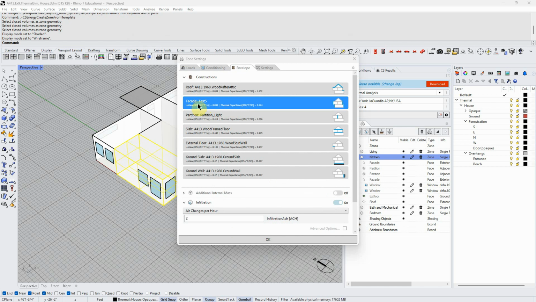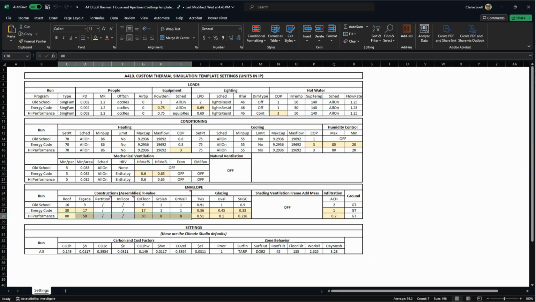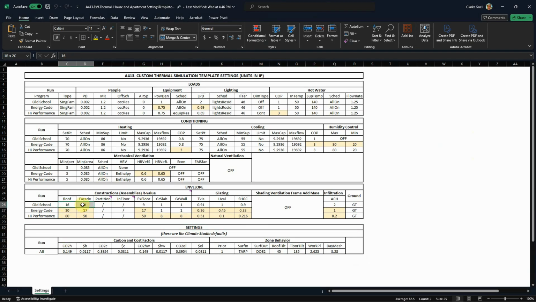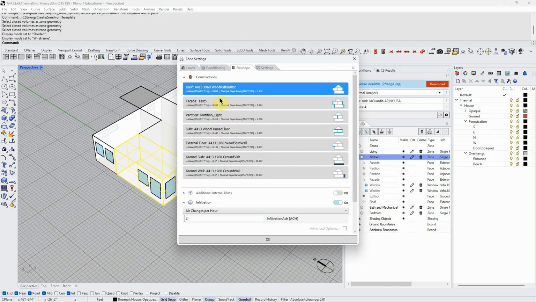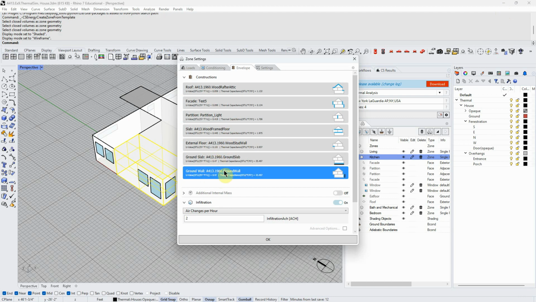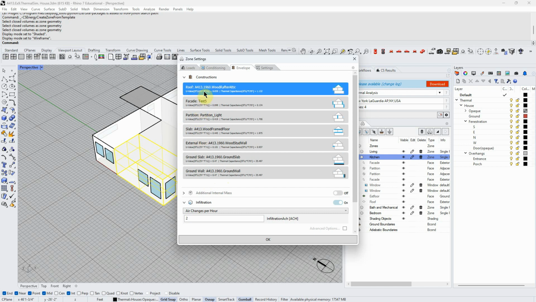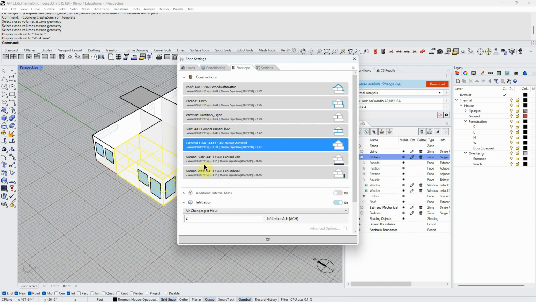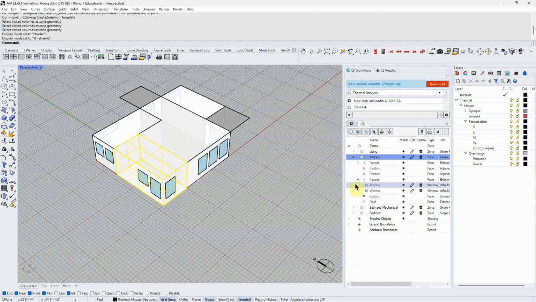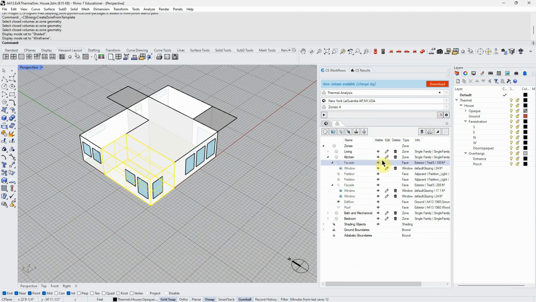So done. Now, if I wanted to do all the R values that are listed here in the old school, I'd go back and do a roof of 16, external floor, in other words, if you have a cantilever, of R9, ground slab of R1. You just follow those and fill in. You're not going to use all of these necessarily; this is just all the categories that they're allowing. You just pick the ones that you need for your envelope, and they'll be the same ones that are listed here. But you see, then I just changed the facade